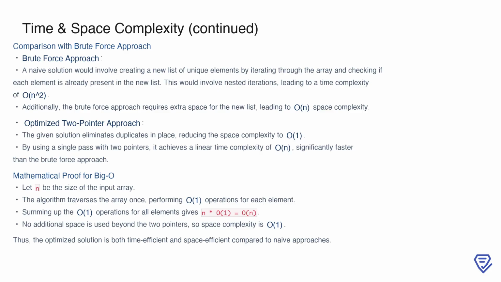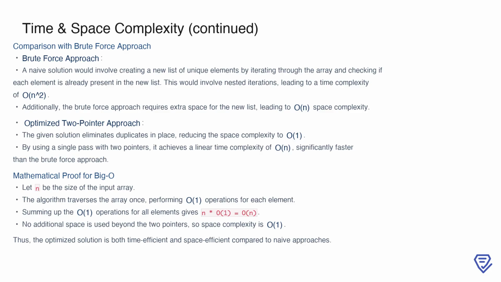Since the algorithm traverses the input array once, performing O(1) operations for each element, the total operations sum to n * O(1), which simplifies to O(n). With no additional memory allocations beyond the 2 pointers, space complexity remains O(1). Clearly, this optimized solution is both time-efficient and space-efficient compared to the brute force approach, making it a superior choice